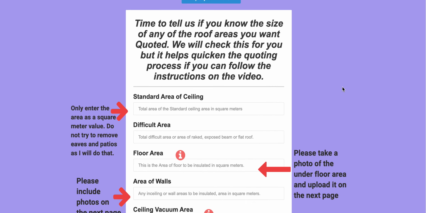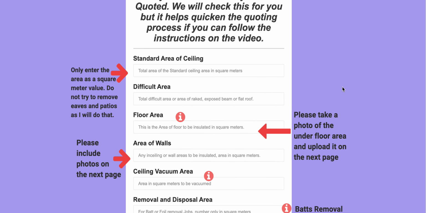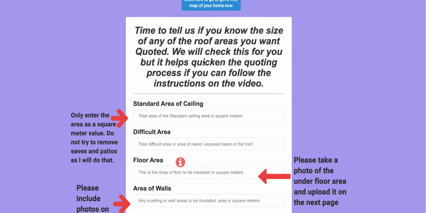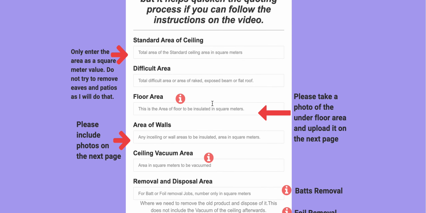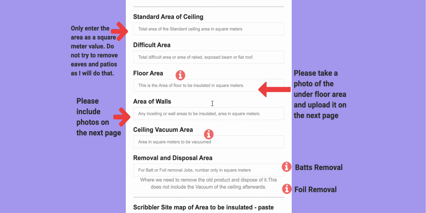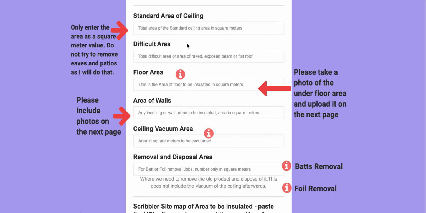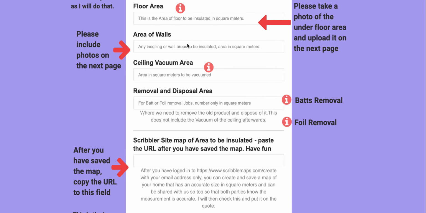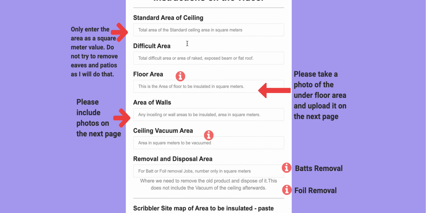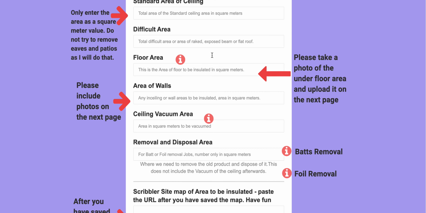Okay, so this is my final form here. You can see that none of these fields are actually required fields. I did that on purpose. If you don't know what the measurements are, then that's okay, we'll figure it out. But I'm very happy to give you a bit of a bonus